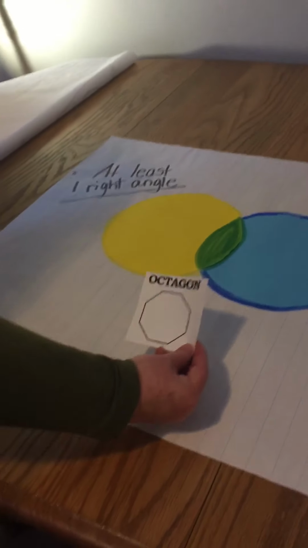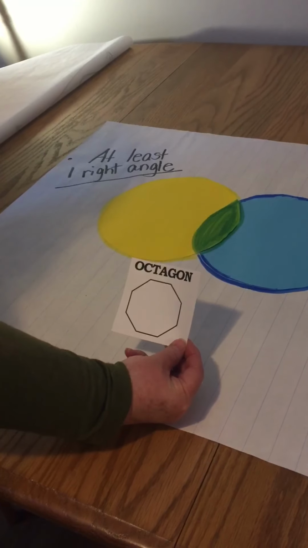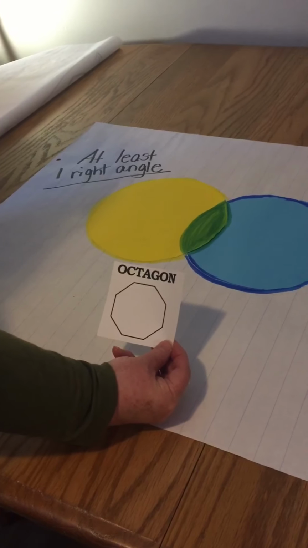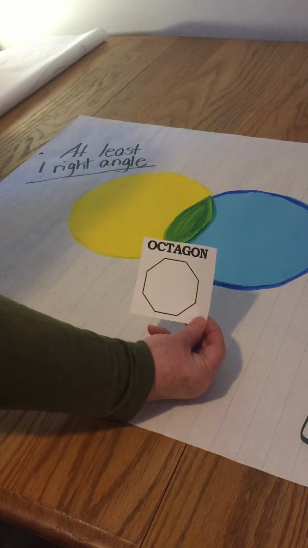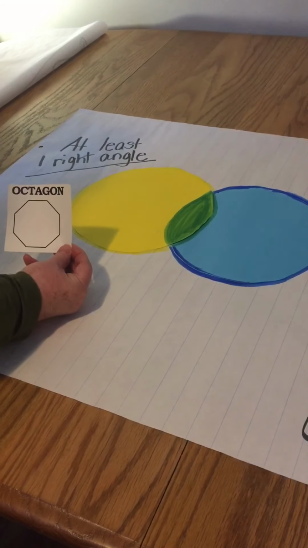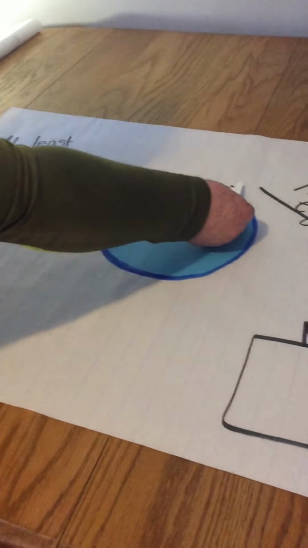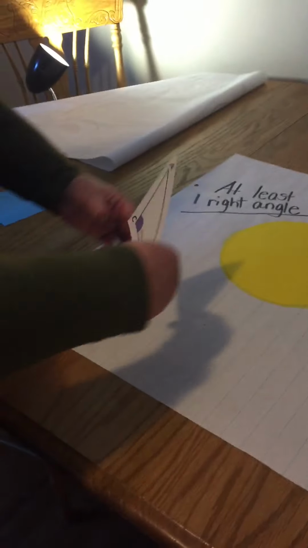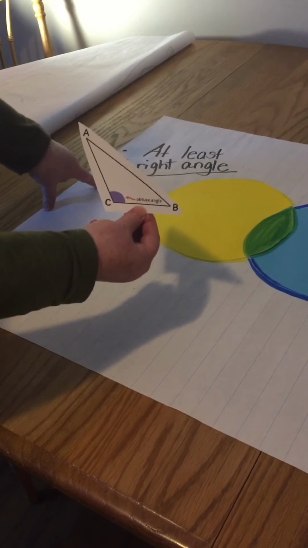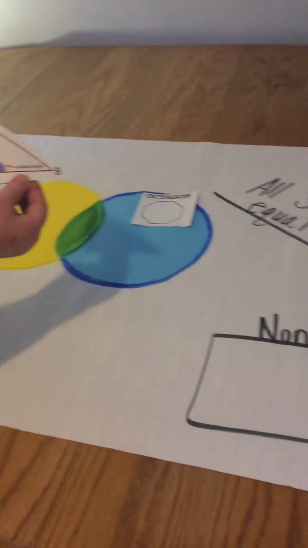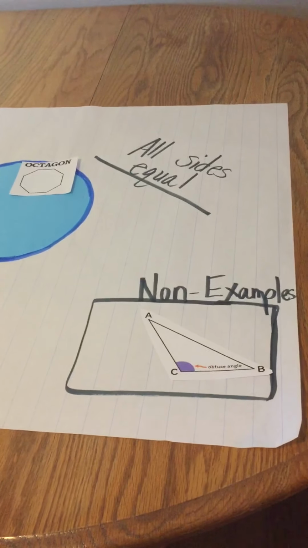So here's a figure that you learned about in 3rd grade, the octagon. 8 sides, straight line segments, it's a closed figure. All sides are equal in this octagon. It's a regular octagon, but it does not have any right angles. The angles in this are obtuse, greater than 90 degrees. Then we have an obtuse triangle, greater than 90 degrees, so it's not a right angle and not any side, no sides equal. That is a non-example.